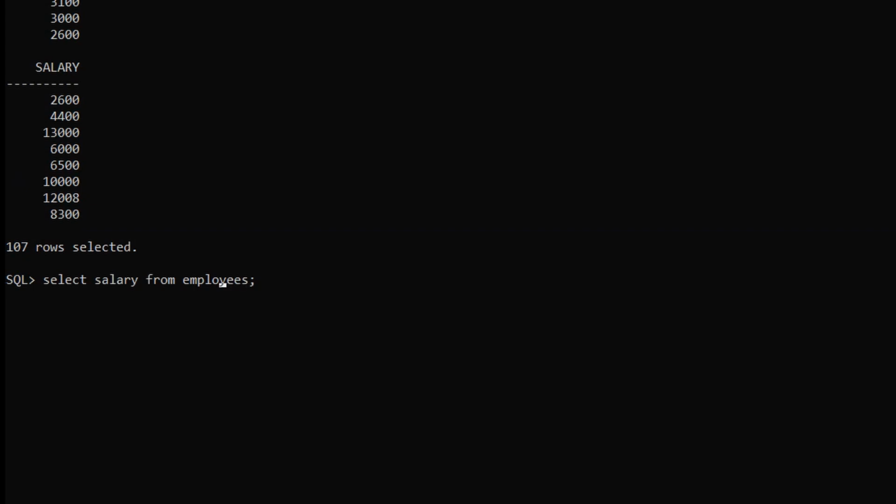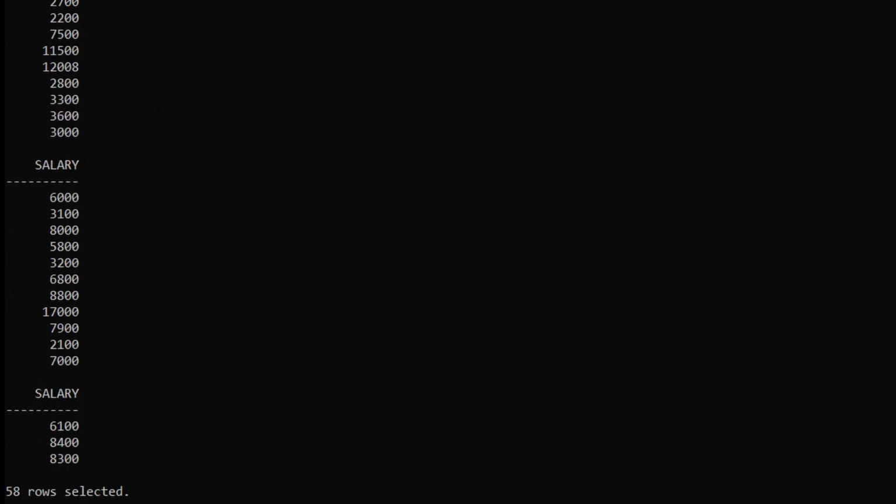So we just have to use the distinct keyword to eliminate the duplicate records. For this we just have to give distinct. After this we are getting only the unique records.